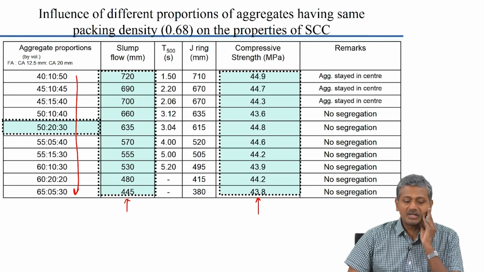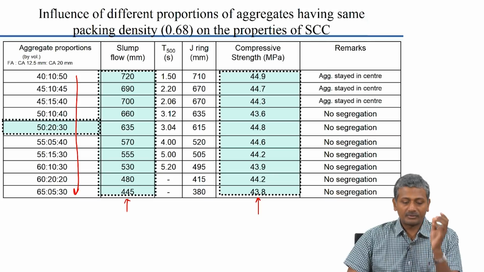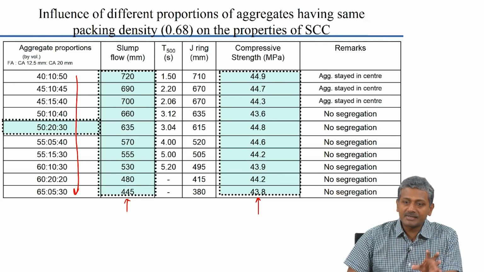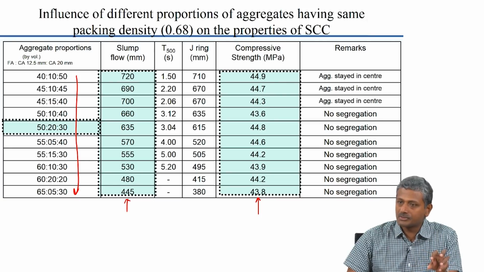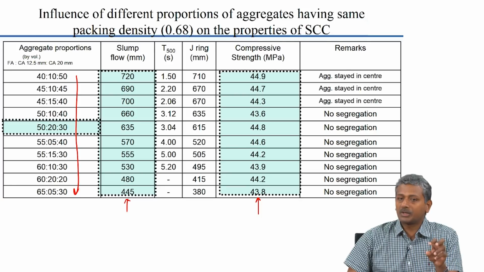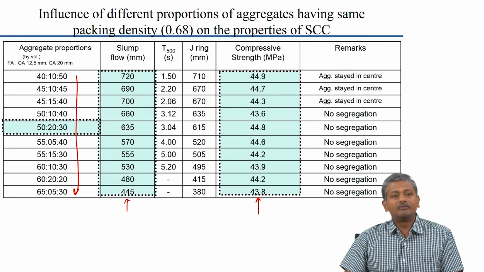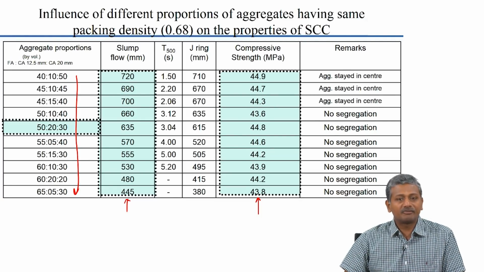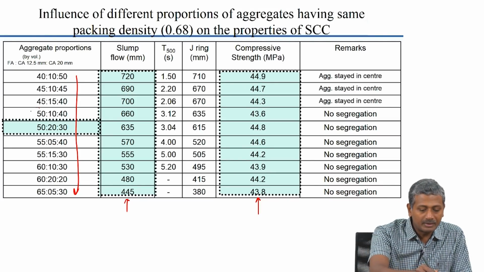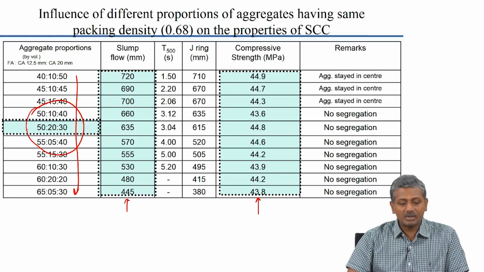Now why did this variation happen? Primarily because of the effect of the fine aggregate content, because you can get the same packing densities with different combinations of the aggregate, but the ones which have the potential to flow most will be the ones which have the greater fine aggregate content. So again here we saw that the ones which had the ideal proportions were actually able to get you much